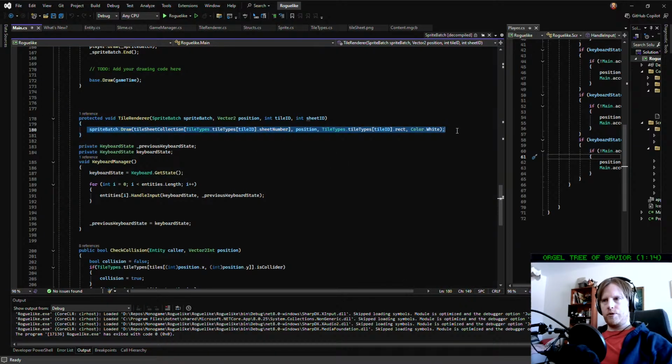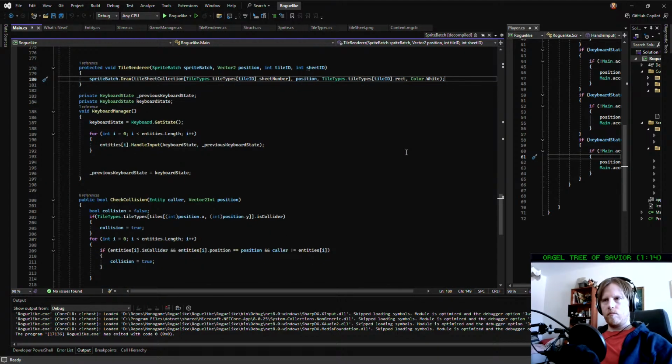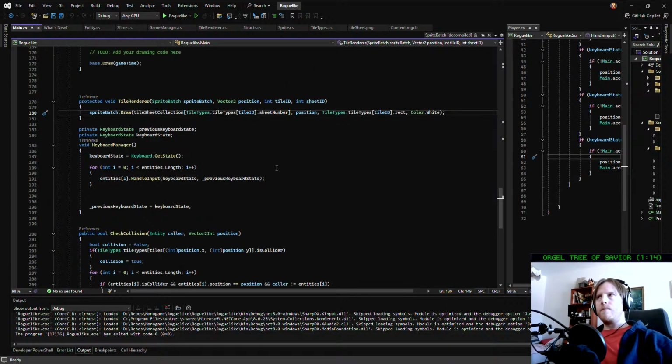Yeah, here I'm just drawing from a texture using the sprite batch. And that's what I don't know how exactly that's gonna work out. If it just works exactly the same. Because